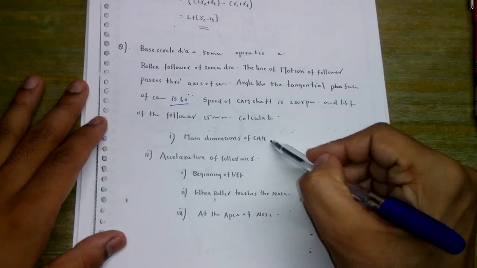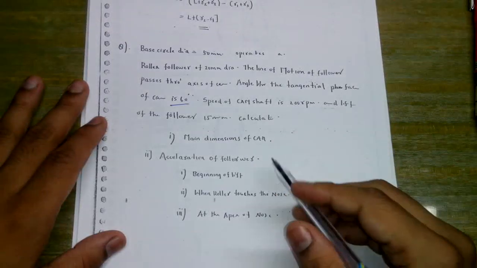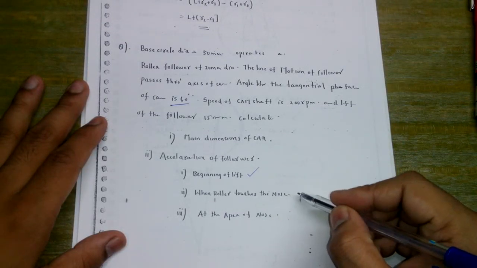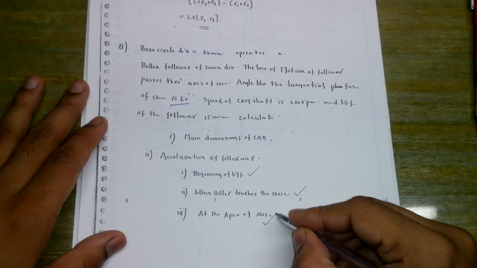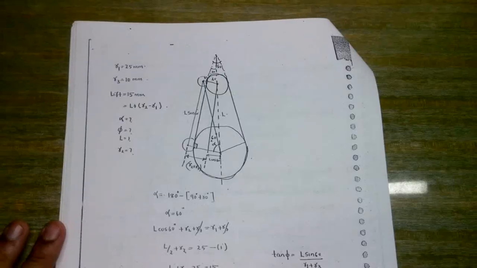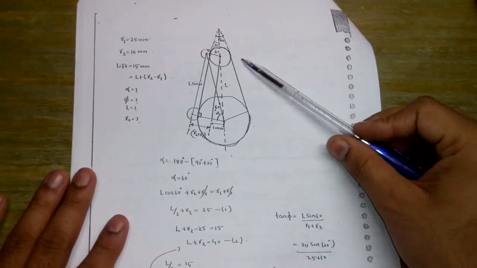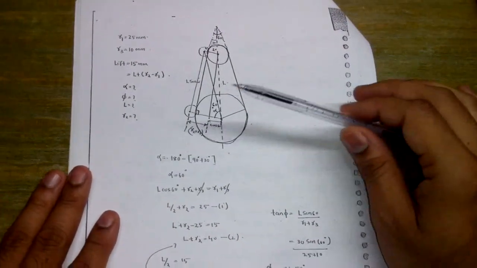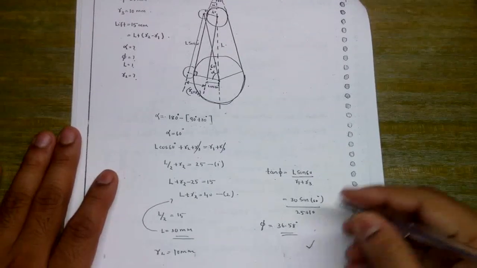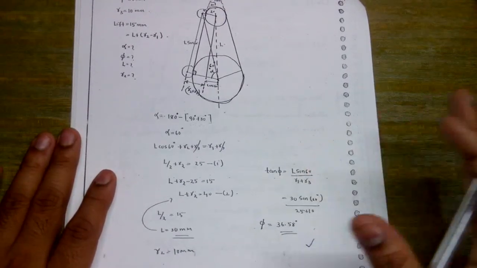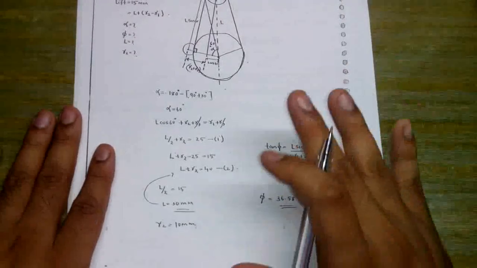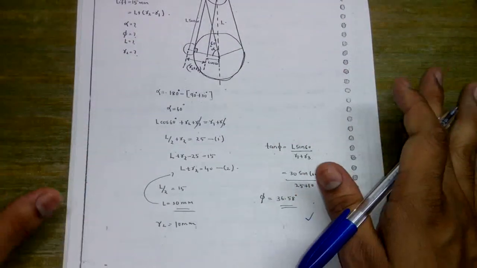Calculate the main dimensions of the cam, and the acceleration of the follower at the beginning of the lift, when the roller touches the nose, and at the apex of the nose. So this is the solution corresponding to the numerical. All the data have been given. We are simply going to use the formulas and determine all the dimensions that have been asked. I am not going to explain this numerical because it is directly formula-based,